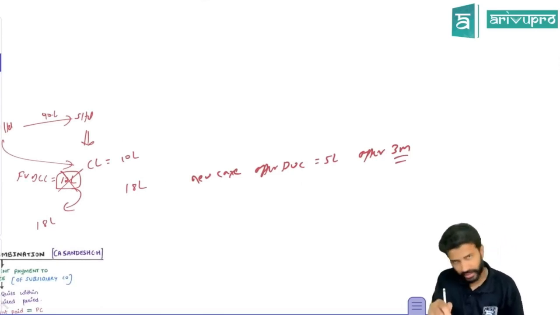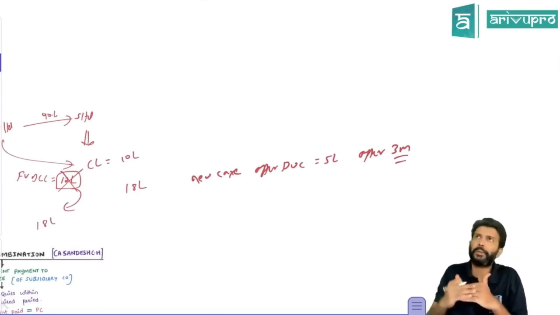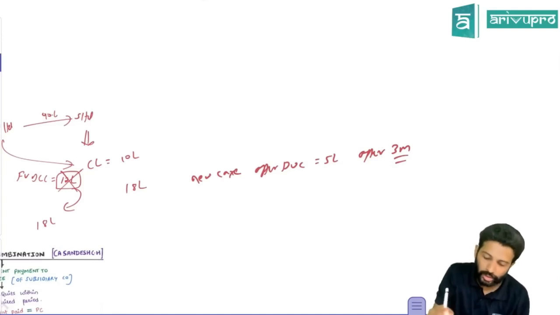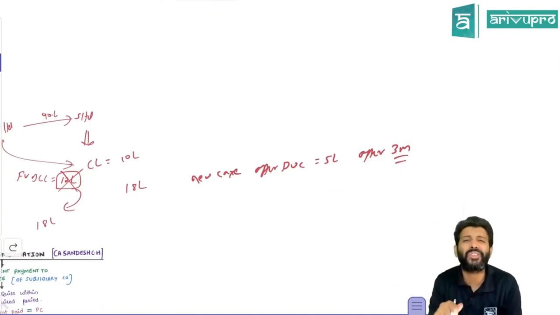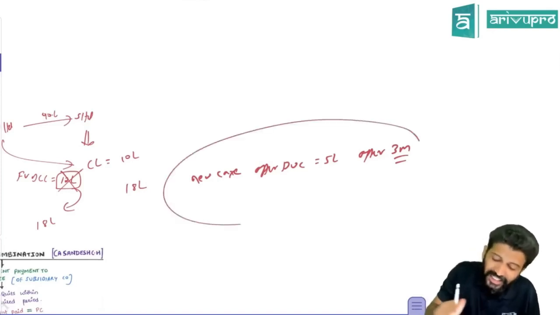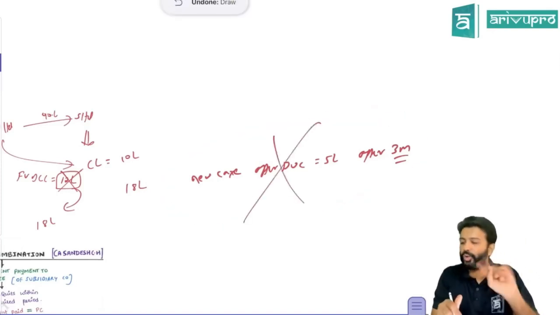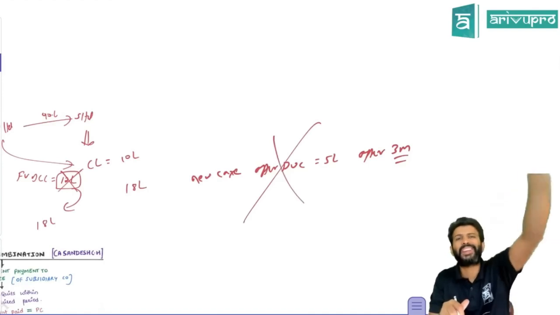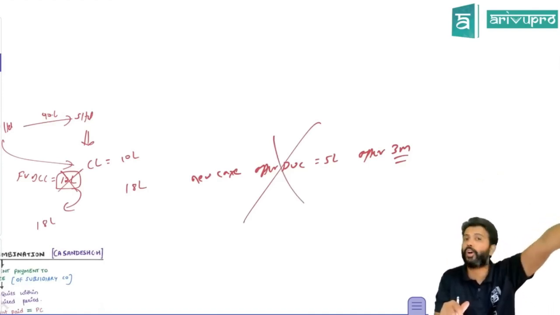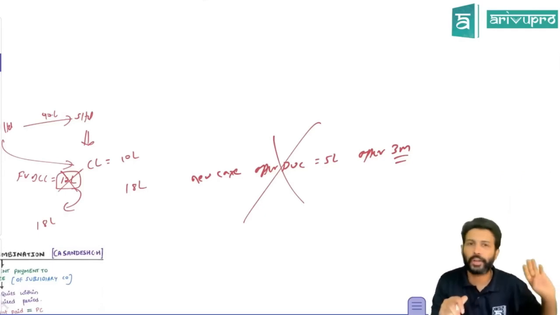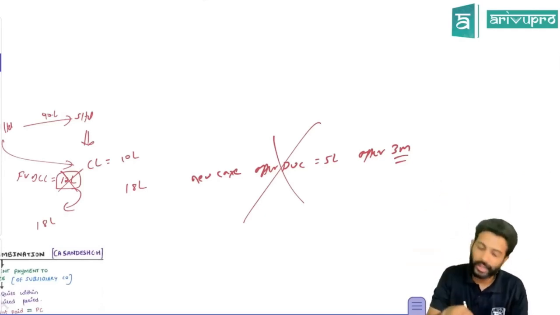Is it within the measurement period? Yes, the measurement period is 1 year from the date of control. But was this condition existing on the date of control? No, this is entirely new. So if it's new data, you can't account for it. The fact should be existing. Further evidence you can get later, but the condition should be available on the date of control. Only then you can revise.